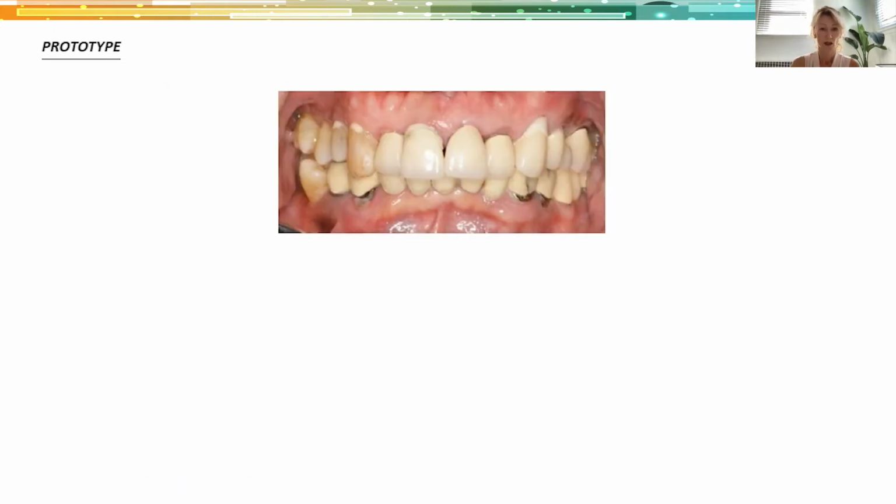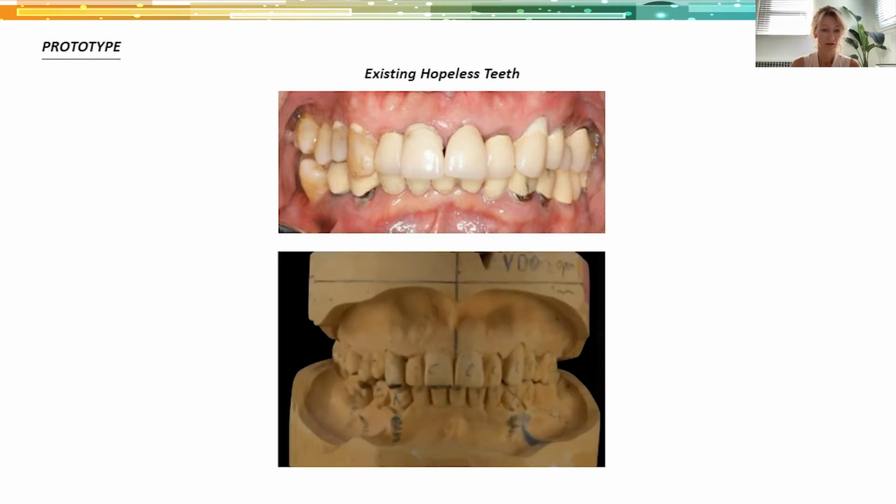For example, existing hopeless teeth. Through the old-fashioned way of taking a quick alginate impression and just marking on the model which tooth needs to be shorter, which needs to be longer, how to change the midline, how to change the angulation of the teeth. So all of that can be outlined on the model and then transferred into a digital wax or physical wax